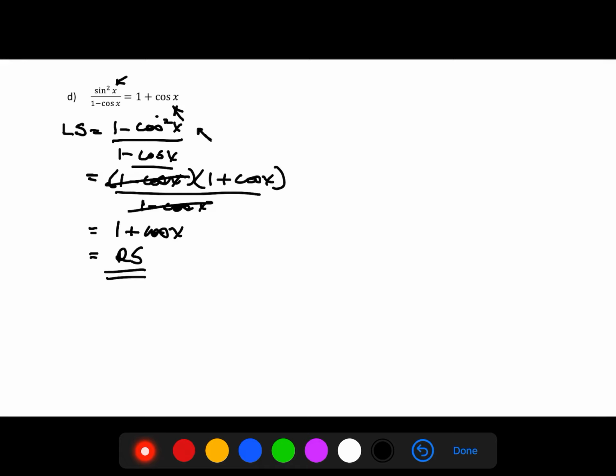Okay, now just remember we cannot cancel something in the numerator and denominator if it's added or subtracted to something else. We can only simplify if it is in its entirety a multiple. So 1 minus cos x over 1 minus cos x can cancel because they're not